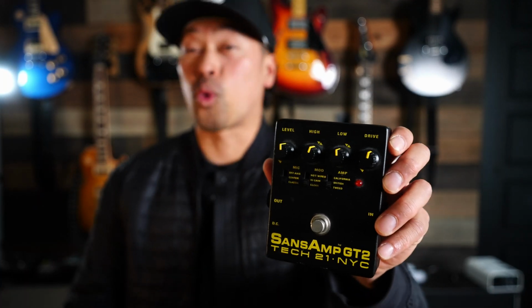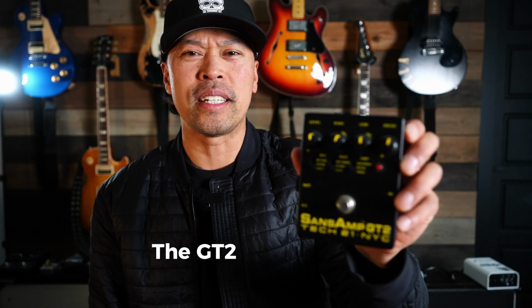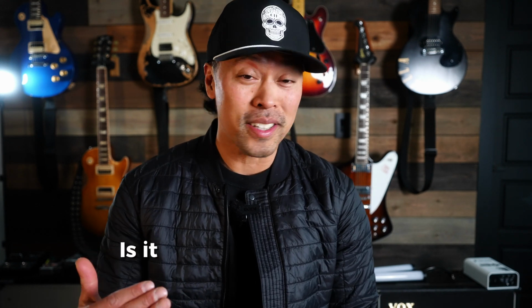Before the Helix, Quad Cortex, or Kemper, this was the OG in amp modeling, the GT2 from Tech 21. It was released in 1993, but the question is, is it still good to go in